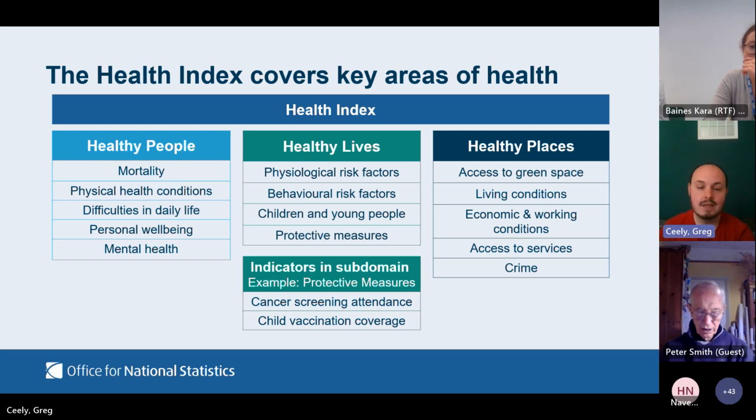So every domain is underpinned by these subdomains. Each of those is underpinned by indicators. And again, the aim with this structure is to make it clear to people what the building blocks of health are in our overall measure. Geographically, these results are available at England level, regions of England, local authority, both upper tier and lower tier, and integrated care system level as of our previous release. We match our data inputs as far as possible to the year they relate to, and we produce this comparable back series to 2015, so we can track how health changes over time.